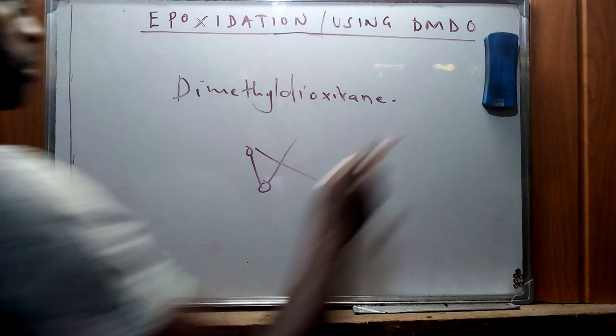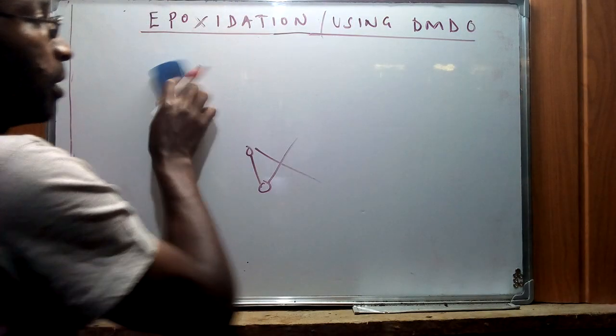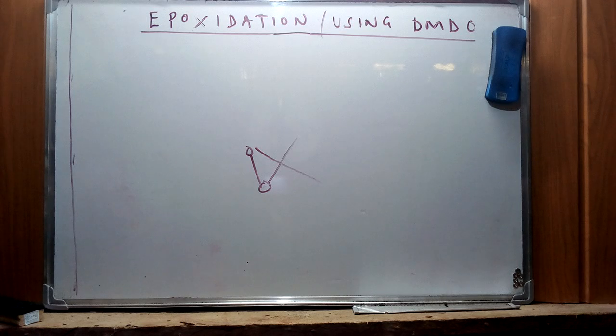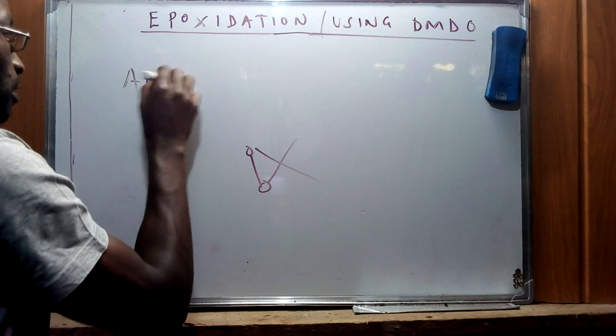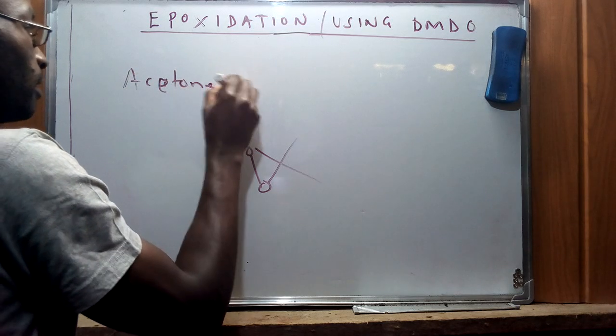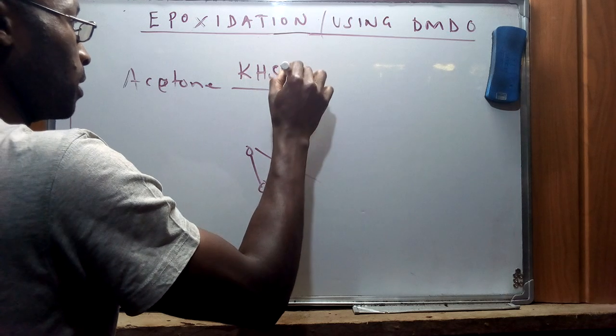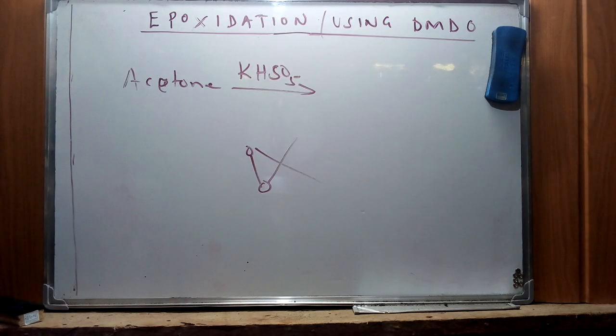We're going to see that the preparation of this compound, as we saw with the preparation of peracids, involves the reaction of one of the ketones. We can use acetone in the presence of this particular compound of potassium. And then we're going to see that this results in the formation